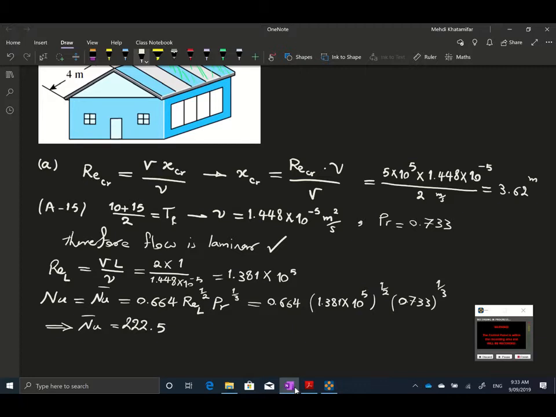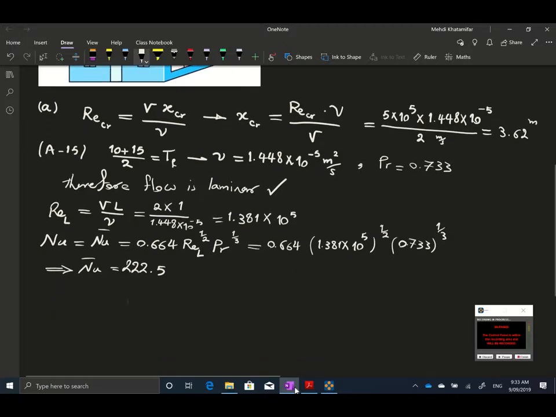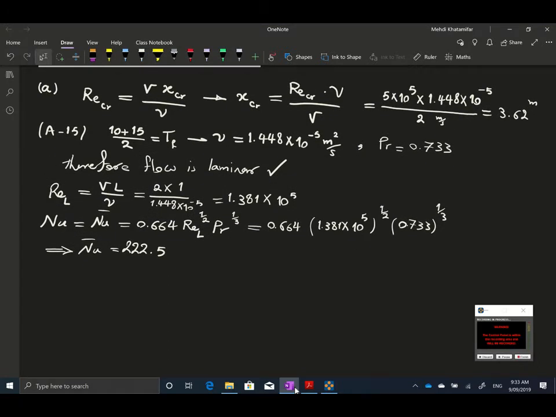So we know whenever we calculate Nusselt number, we don't want Nusselt number, we want H. So let's calculate H. H for the first meter, supposed to be average, is going to be equal to K times average Nusselt number divided by L for that 1 meter,